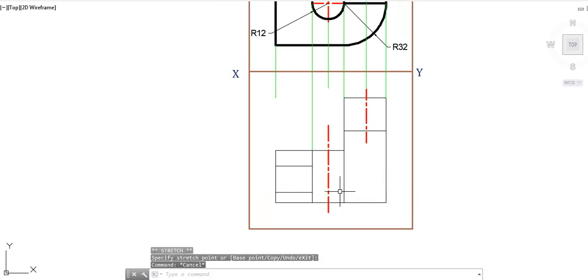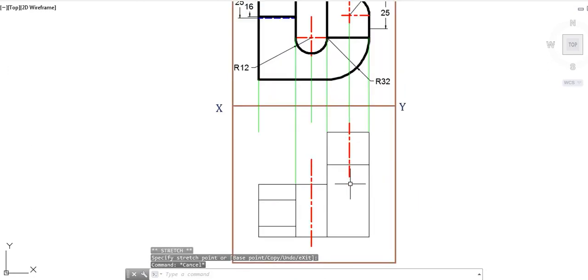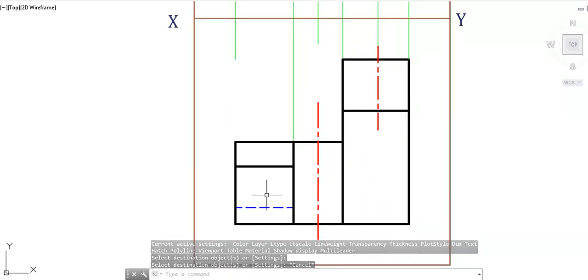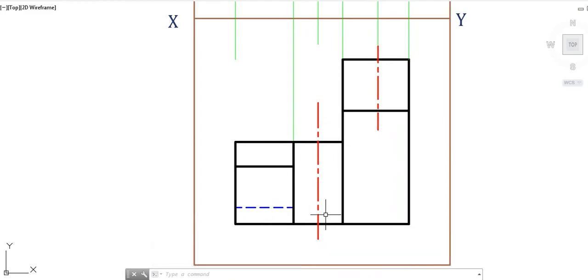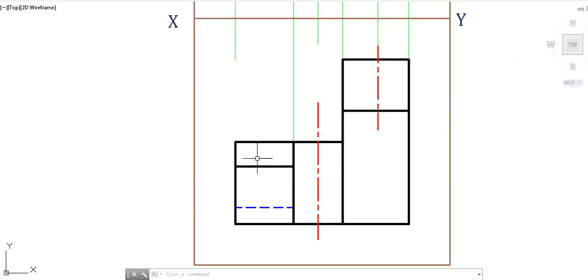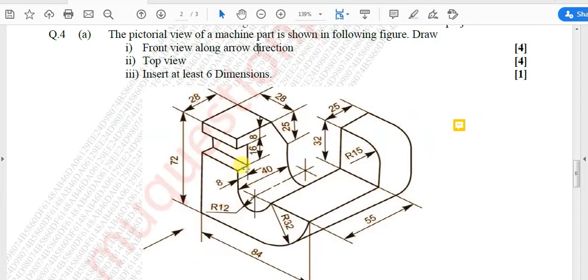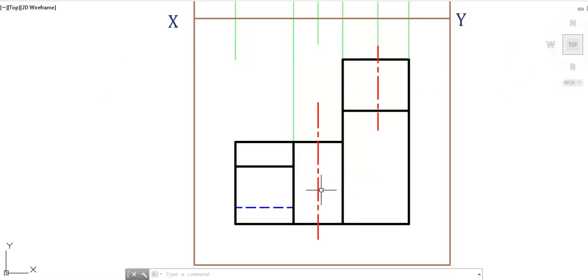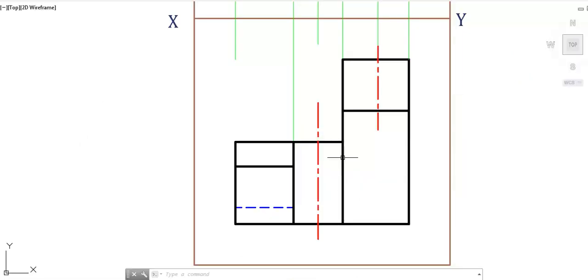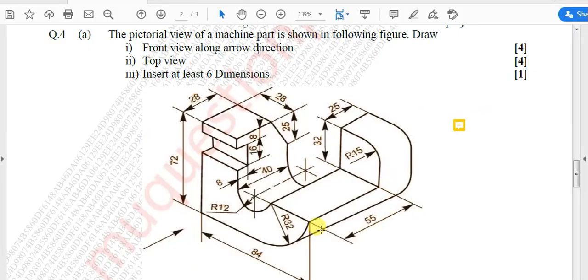Now it's time to apply the appropriate thickness to the lines. You can see I have applied the appropriate thickness to the lines. So let us quickly review that we have shown all the planes. There will be one plane and two plane here, one and two plane, a hidden line. Yes, this particular curved surface will be seen as a rectangle. This rectangle and even this particular part of rectangle will be seen like this. There is no hidden part that is to be seen from the top. So there we complete even the top view.